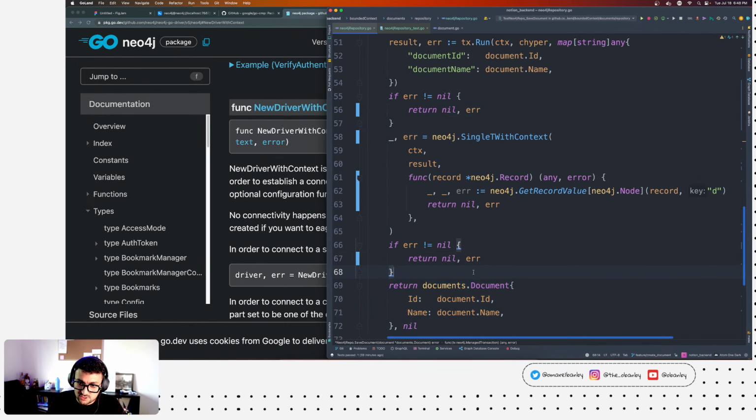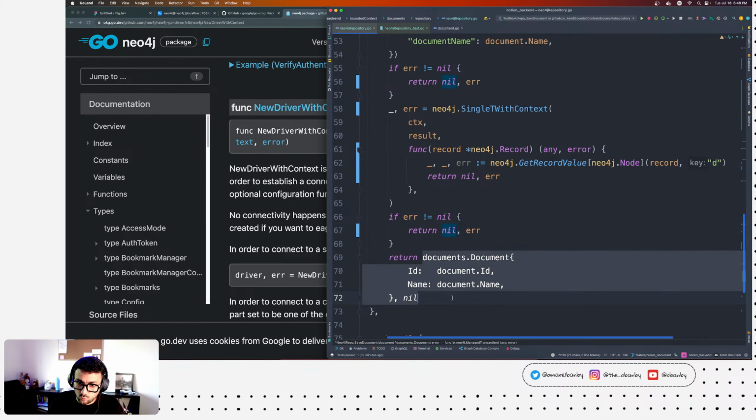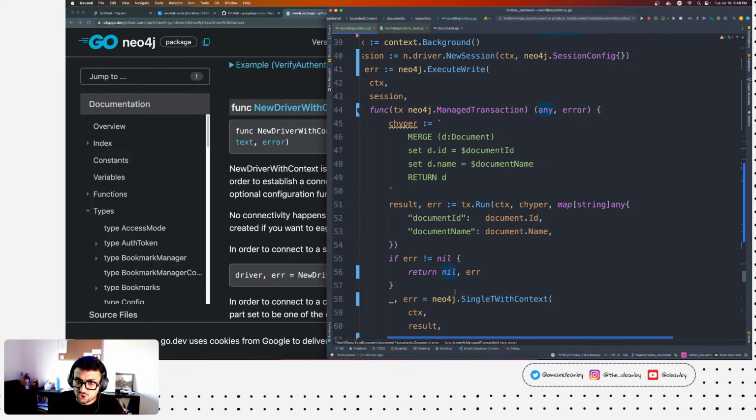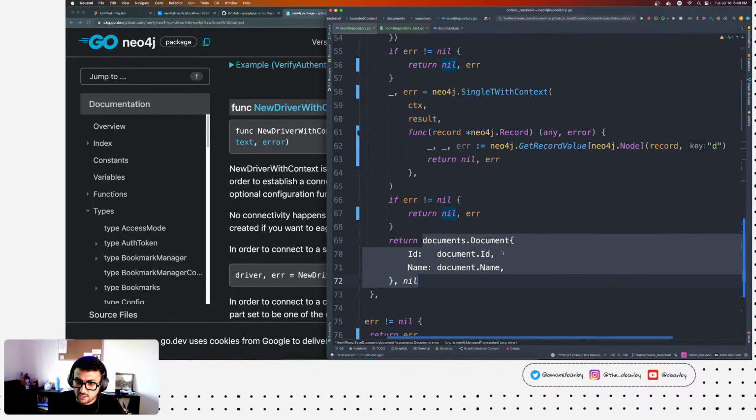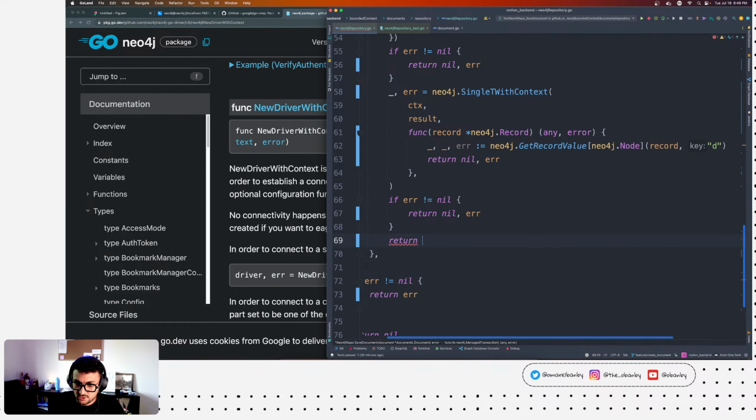We're not interested in the documents whatsoever, so now I can actually just return nil and an error if there's any.